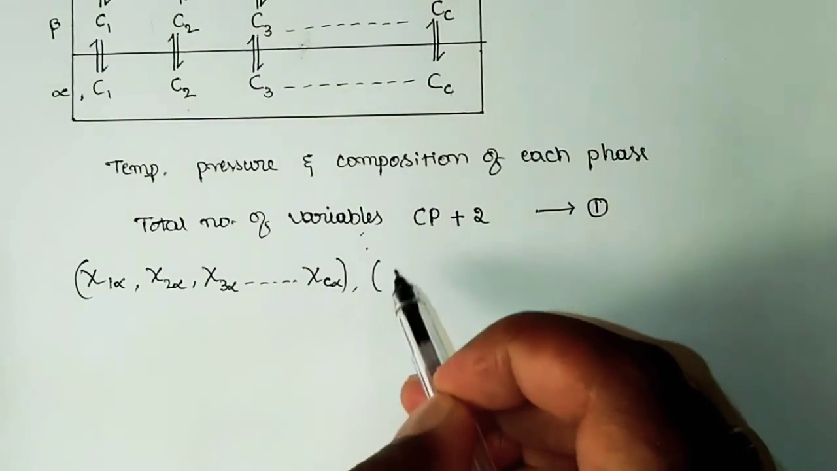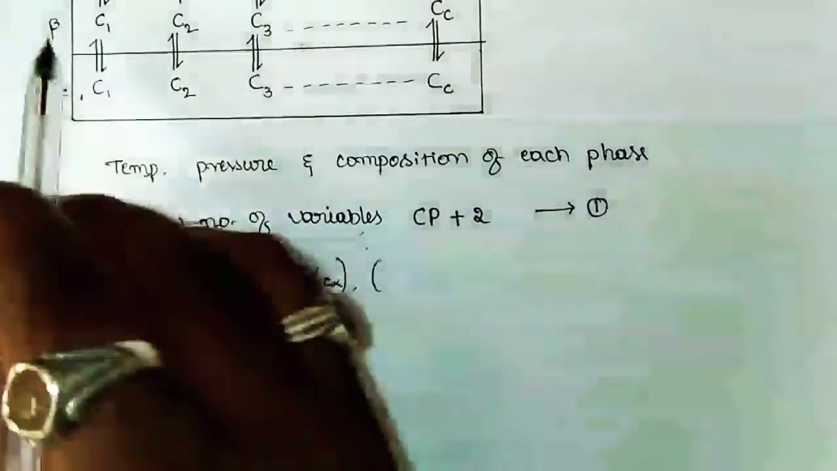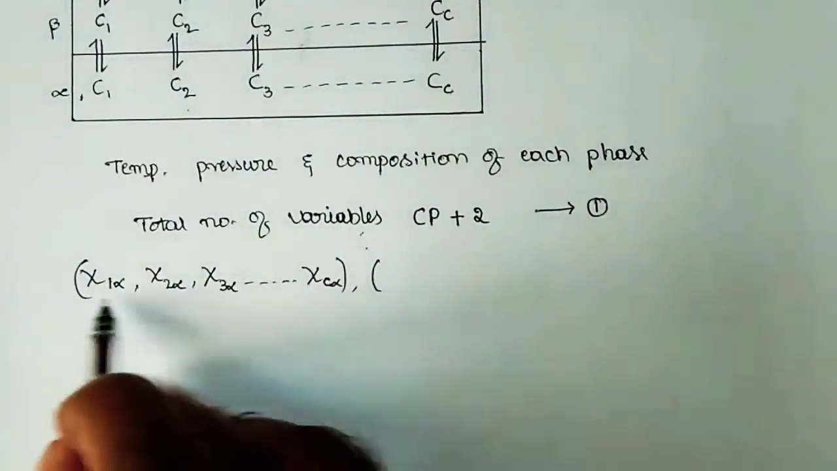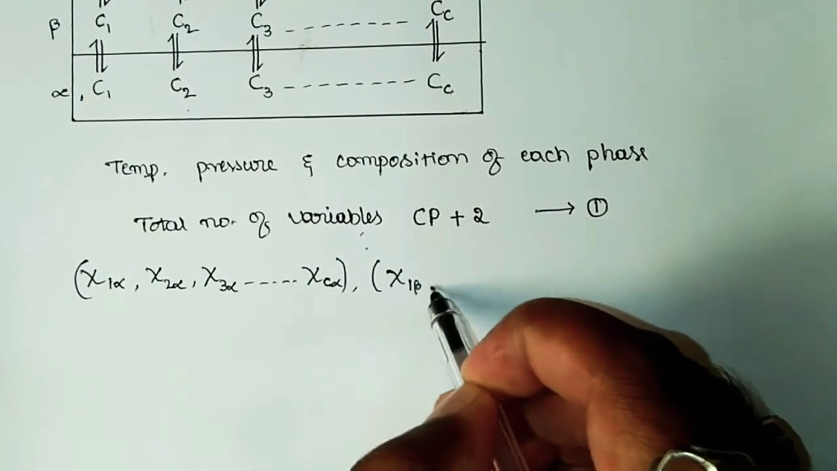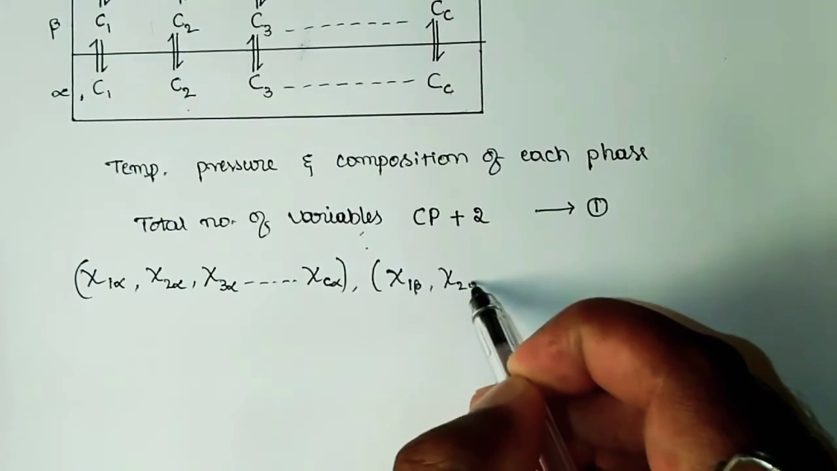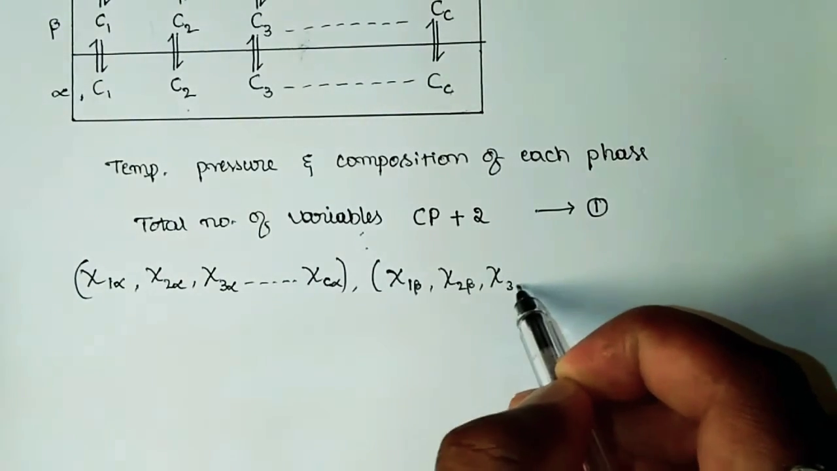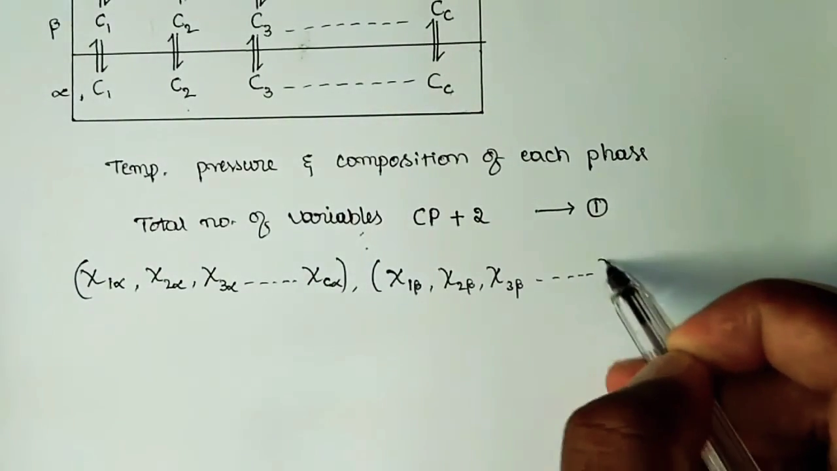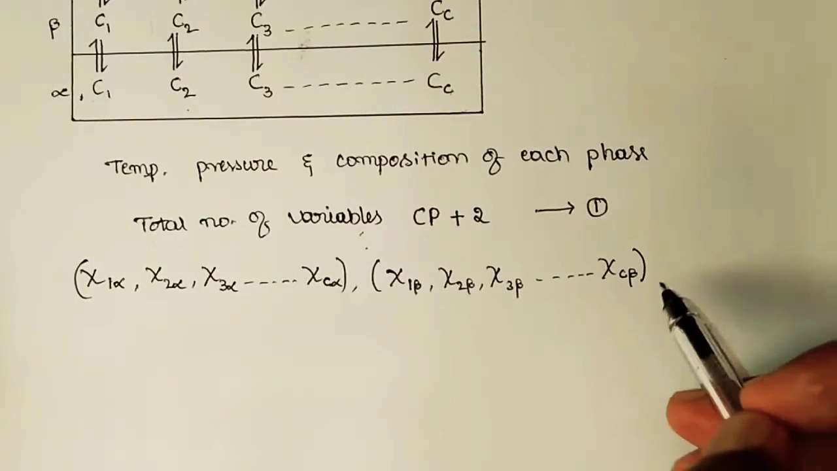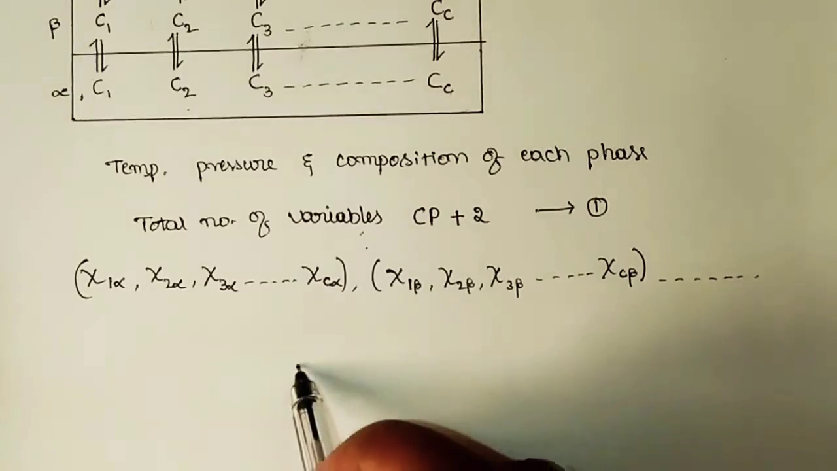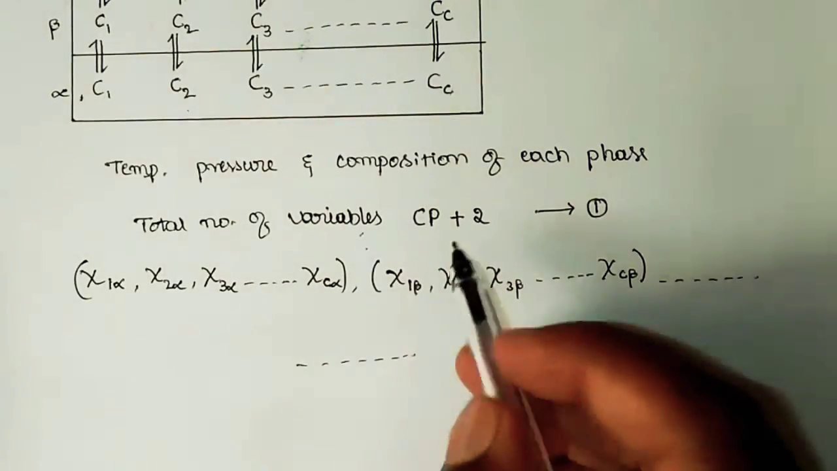Similarly, we can say about the composition of the second phase, that is beta. So in the same trend we can follow: chi 1 beta, chi 2 beta, chi 3 beta up to chi C beta. So this is for second component. Similarly, we can write for all the components, and at last